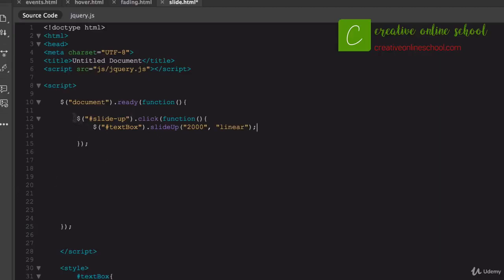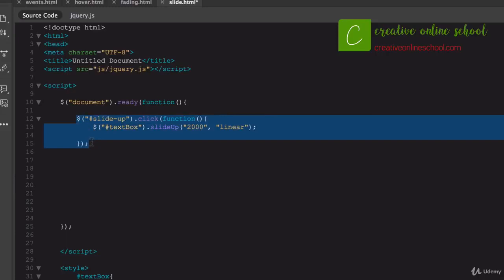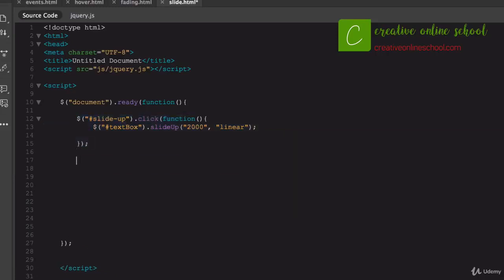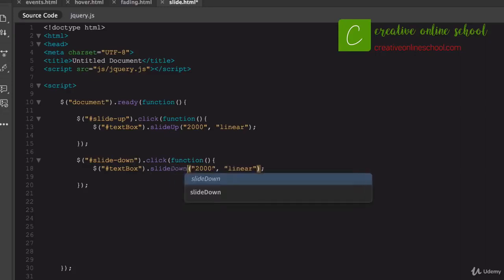Alright, so now we have to do basically the same thing to make it slide back down. You don't want your text to slide up and then just disappear forever. So I'm going to create another button that will give the ID of slide down. And same thing here, we're going to add an on click, and give it a function, and we're going to target the text box. And in this case, we're just going to say slide down, and we can give it the same duration right there. Or we could say